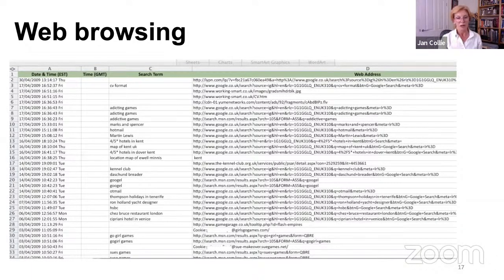keyboard. There's some pretty bad spelling going on with this particular user. Over on the right hand side, I don't know how clearly you can see it, but I hope you can see it clearly enough to see how these terms come out. For instance, on row 7, where it says addicting games just with one D, and follow it right the way across to the right hand side, how that goes into the interface is it goes as addicting plus